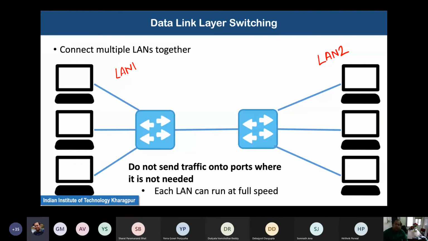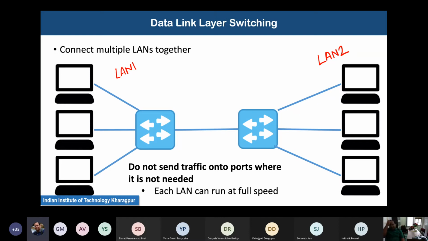Different people define it differently, but a widely accepted definition is that a LAN is similar to a broadcast domain. So if I want to broadcast a data packet at the data link layer with the help of this broadcast MAC address, the machines which are going to receive that constitute a single LAN.